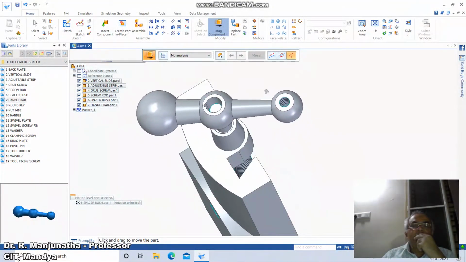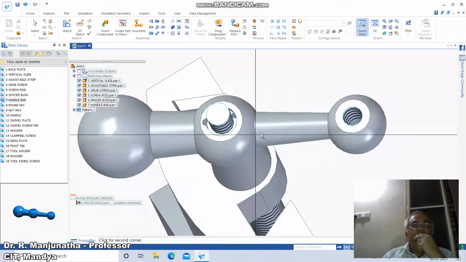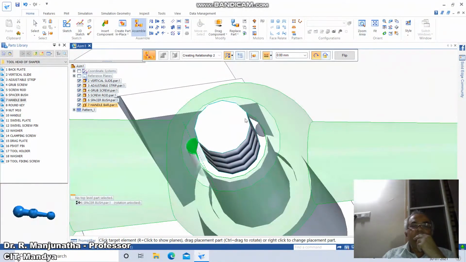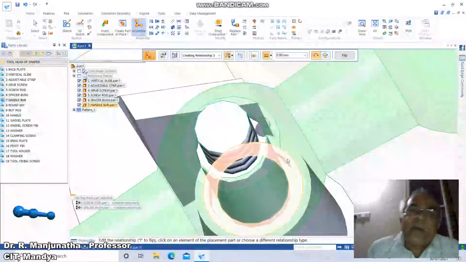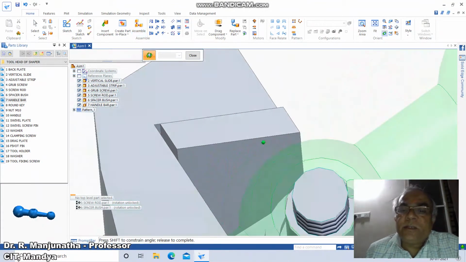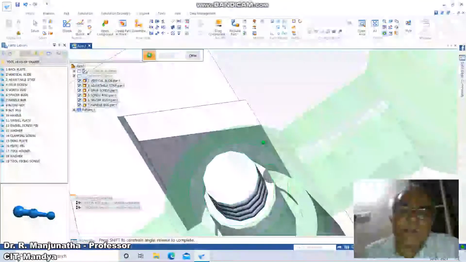To lock this, just go to zoom window, then go to assemble, then click on this axis with reference to this axis. So now it is going to move. So now we can see this has moved, and when you rotate this, both are going to be aligned with reference to this.